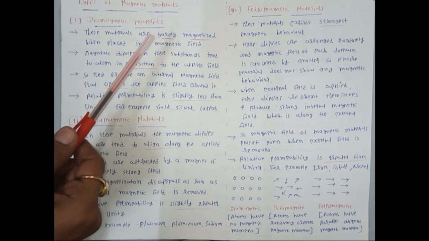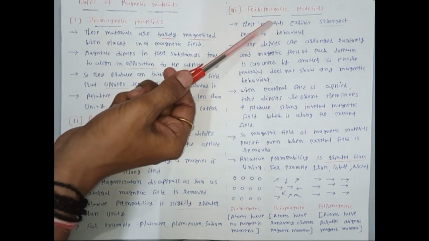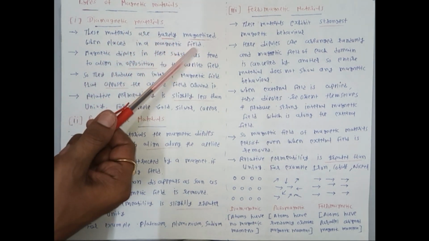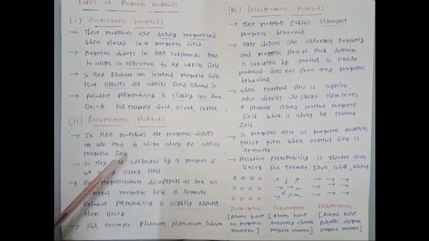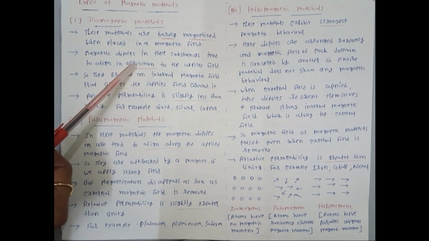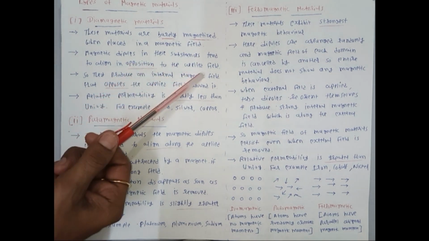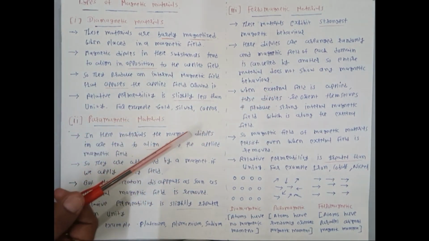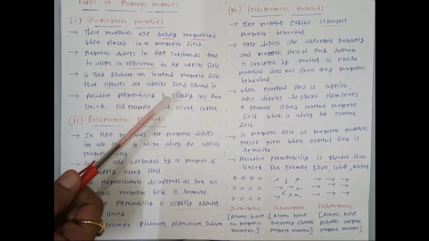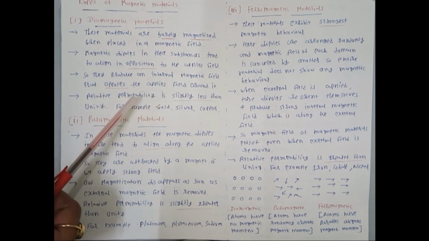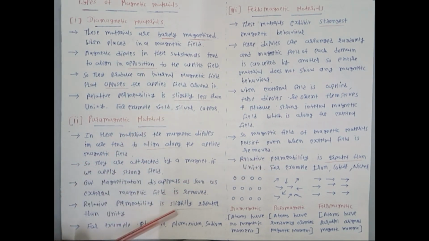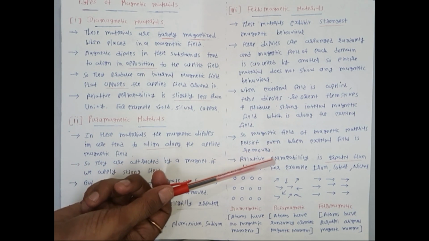So three points you have to keep in mind for all three types. First of all, diamagnetic material is barely magnetized when placed in a magnetic field. In both paramagnetic and ferromagnetic cases, it will magnetize. Here, the internal magnetic field is in opposition to the applied field. In both these cases, the internal magnetic field is along the applied external field. And for diamagnetic material, relative permeability is slightly less than unity, but in these cases, it is slightly greater than, or more than, unity.